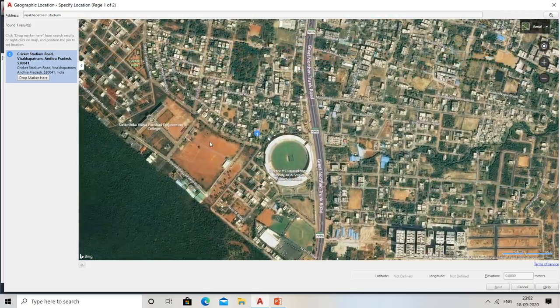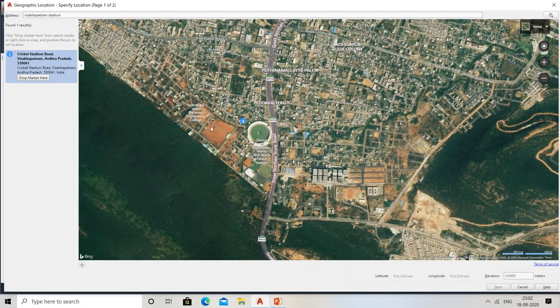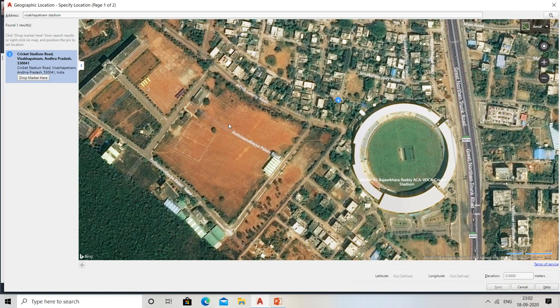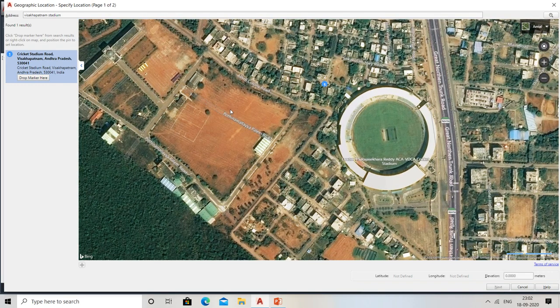If you want to zoom in or zoom out, you may already know this. If I zoom in, this plot area is clearly visible. This is the Pothinamallayya Palem road, and this is the area I need to measure.